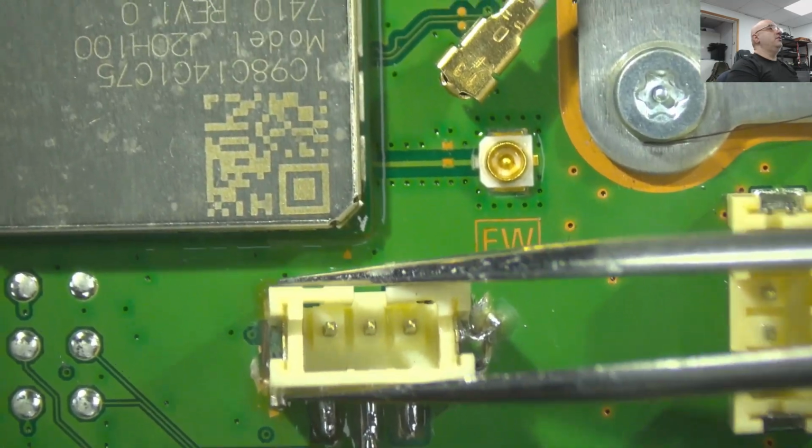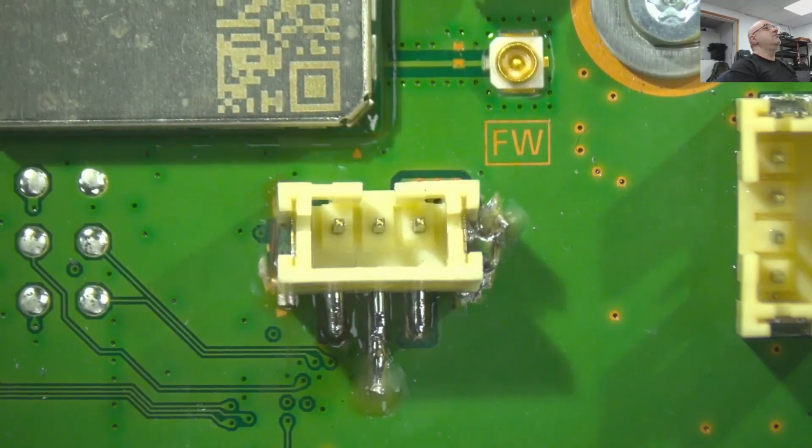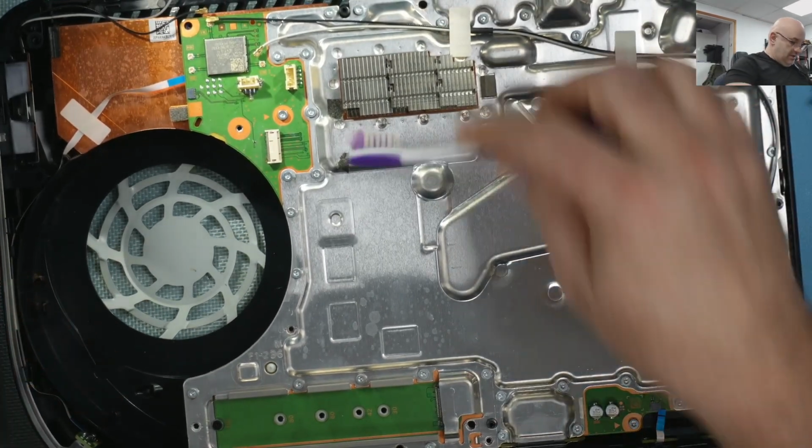Okay, I can move the whole PlayStation from the connector, and it's not getting loose. So I think that's a good job. Switch to the overhead camera. Clean a bit more,